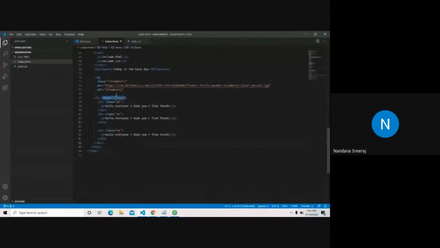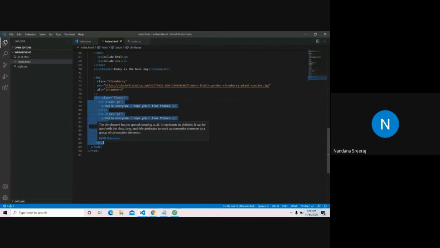One thing that has to be made sure is that whatever you give inside this div flexes class, it has to be a div itself. You have to enclose these things in divs. That is mandatory. So we have three divs here named class PT, three class PTs in div tags enclosed inside an outer class flexes. So this is the pattern of giving flex boxes.